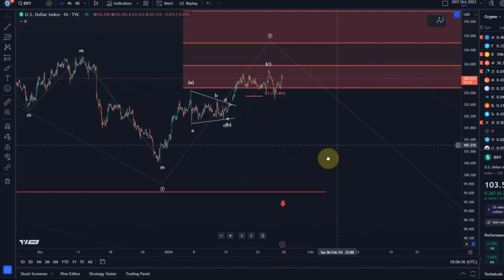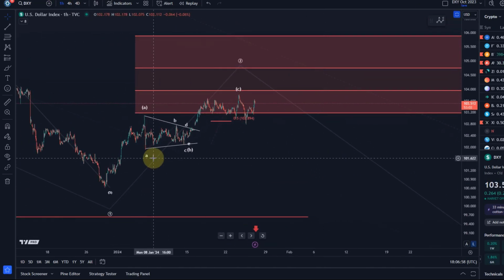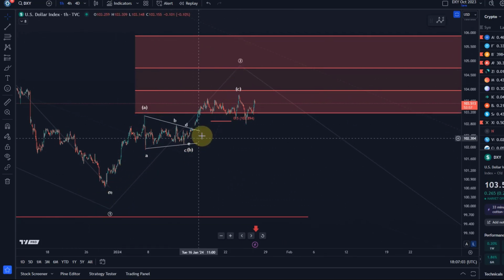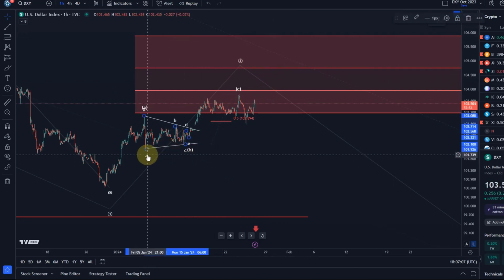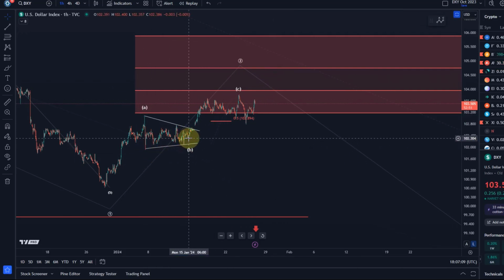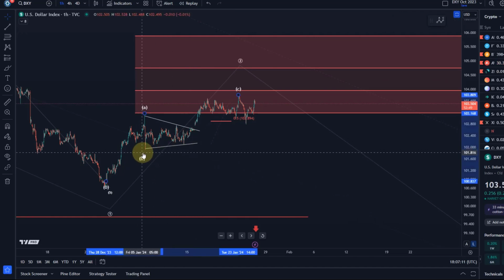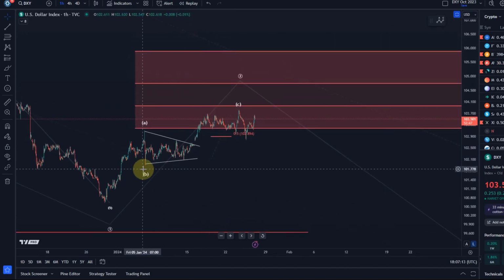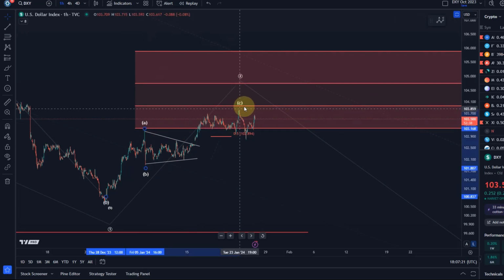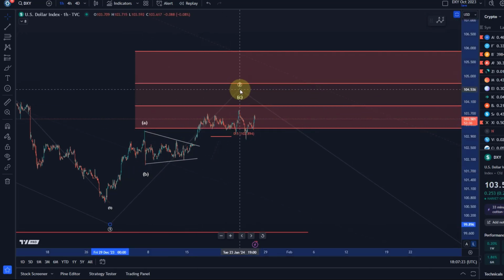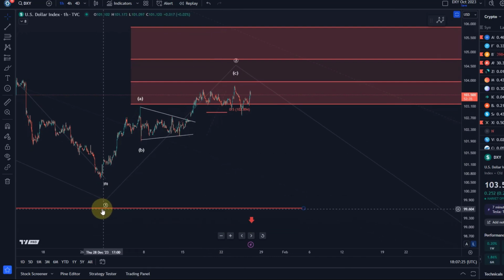Let's try to decipher what's going on here. My idea about this rally is that this was an ABC structure and the B wave is a triangle. There are other interpretations, to be honest. Maybe I'll change it just now here in the video, because the way this looks now is that the B wave did sit here, and then I've got an A wave, a B wave, and then here a 1-2 setup, possibly 3, 4, 5 in wave C. So what that means is basically I can count the B wave complete.